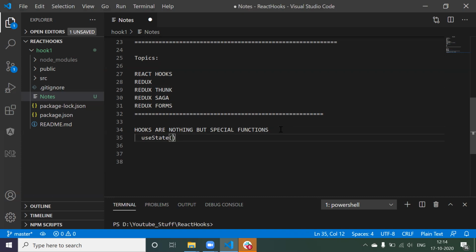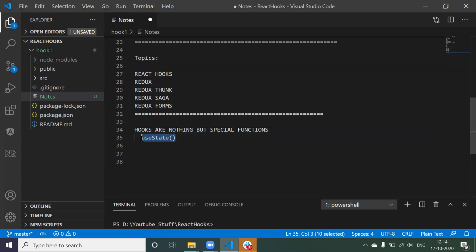Now, as I said, hooks are nothing but functions, so we denote them with parentheses: useState(). Now, consider people who don't know React but know JavaScript. By seeing the statement, they are going to say it is a function. Obviously, it is a function, but in React terminology, we call it the useState hook.